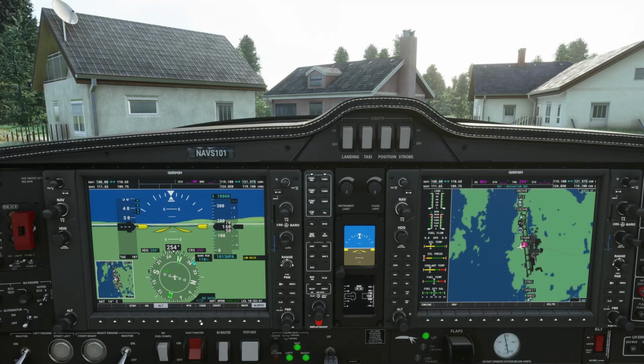VFR, and code. Okay, so when you click on code, now it brings up the numericals in the status bar here. So you can use that to change frequencies. So oops, don't click on that like I just did. Click on the soft key, it works then. 2, 3, 4, 4, and you can see that it's actually in there like that. You have a backspace function, so you can go back. All right, cool. So yeah, and you have an ident button as well. So that's the transponder there.